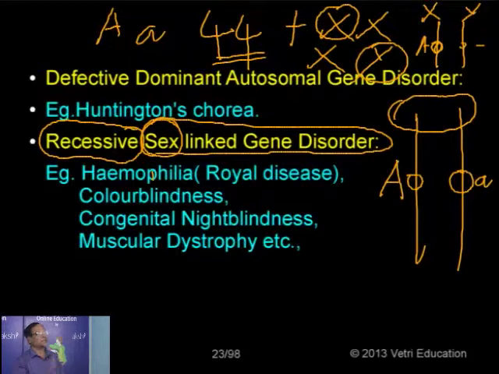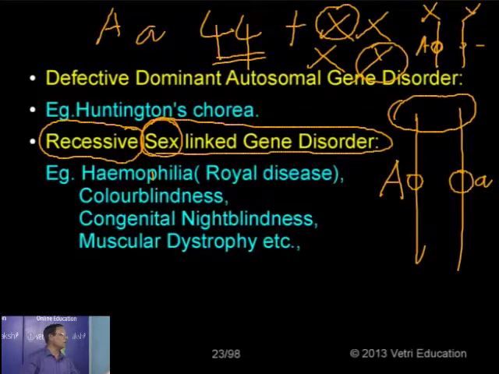But in the case of females, they have two X chromosomes. If one of the chromosomes has a recessive gene, and the homologous chromosome has a dominant gene, the effect of the recessive gene is suppressed. That is why the females are mostly not affected with reference to sex-linked characters. A detailed study will be made in 12th standard for you. Anyway, in hemophilia, a royal disease or bleeders disease, there is continuous loss of blood, because no coagulation takes place.